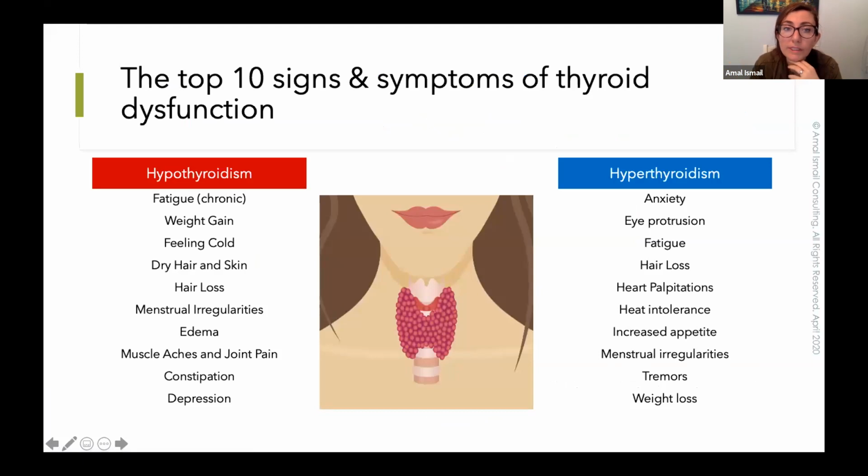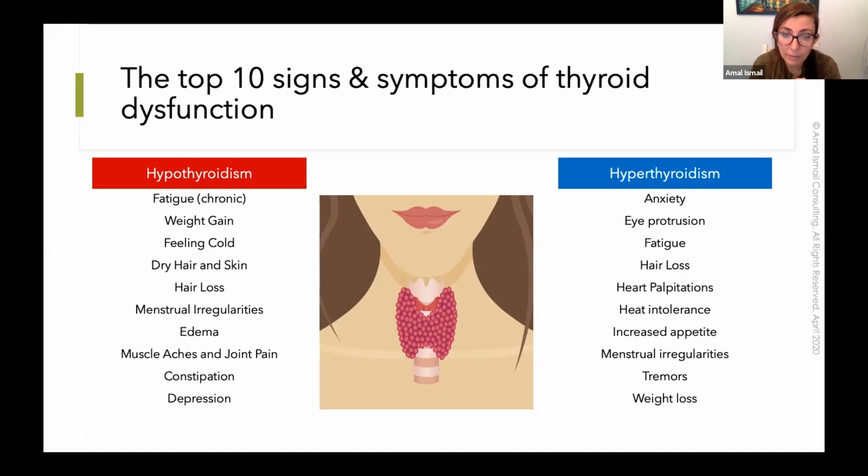So what are the top signs and symptoms of thyroid dysfunction? There's a bit more than that, but these are the things that, when we see in the clinic, raise our index of suspicion as to a potential thyroid dysfunction. So when we talk about hypothyroidism, i.e. there's not enough